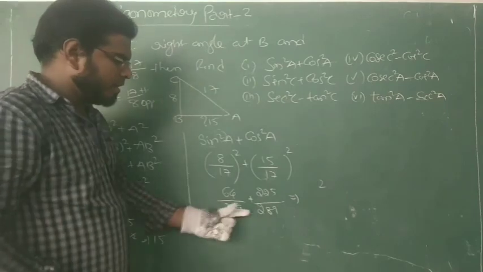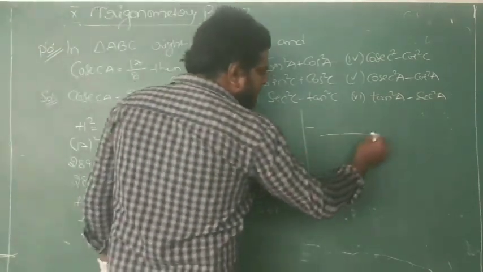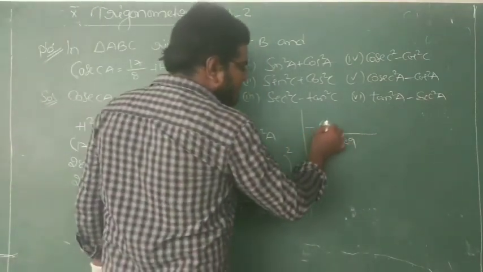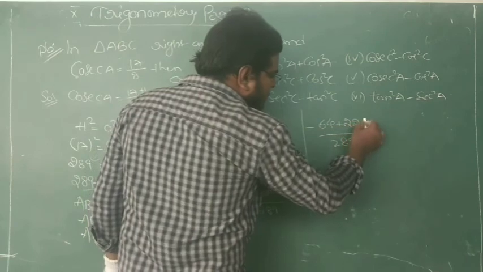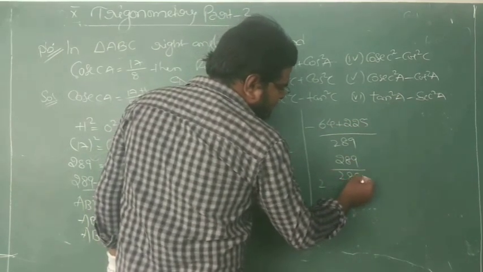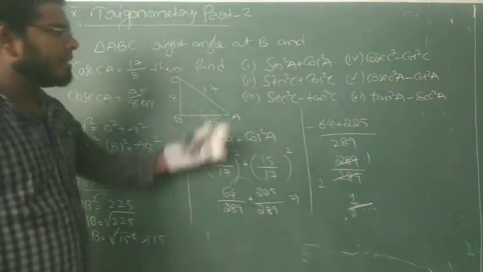Now clearly we know the denominators are equal. I am writing here: the denominators are equal. We can take one denominator and write this as 64 plus 225. Now add this to get 289. It is also 289. Then the answer was, and the rest of the problems are